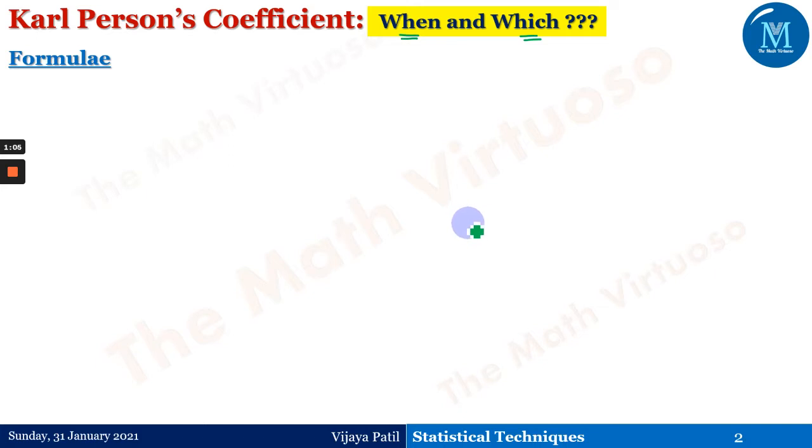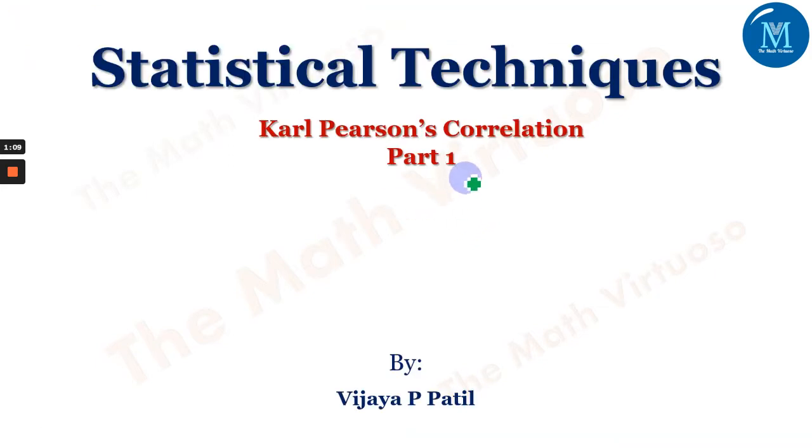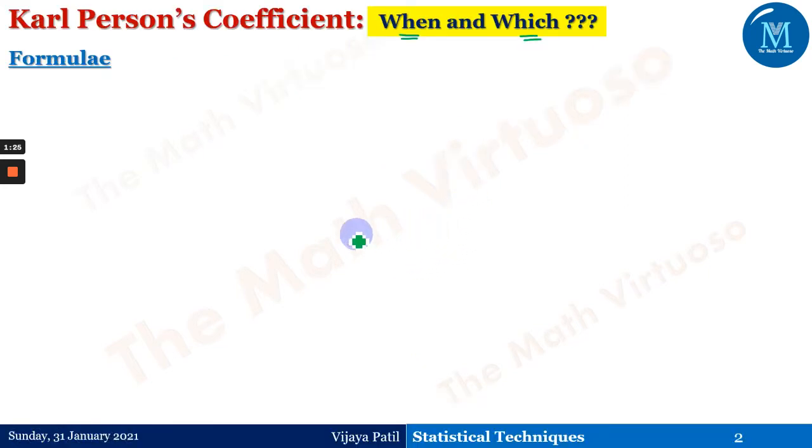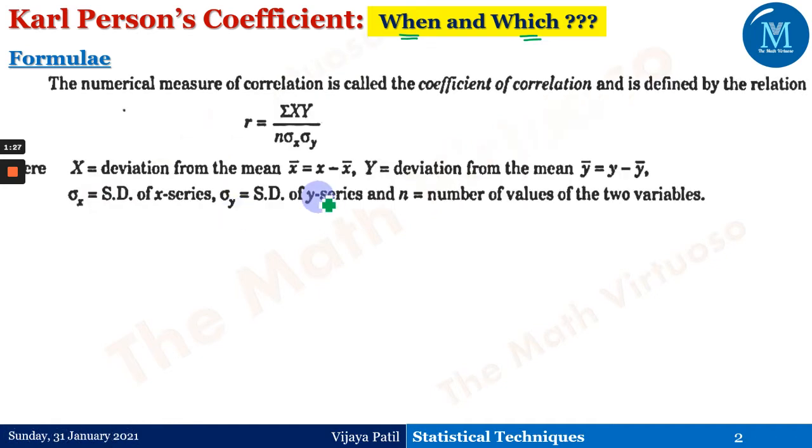After that, we will be starting with one. This part is part one. Part one means I have done this part based on the formulae and on the approach: what is given or what is known, accordingly we have to find out the correlation or the correlation coefficient. So this is what I have done for part one. Okay, so for the formulae, let us go for the first one.